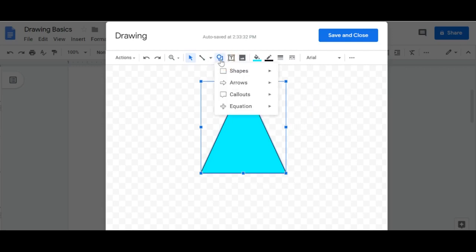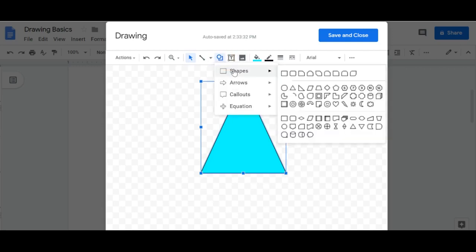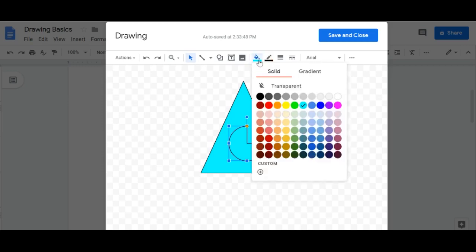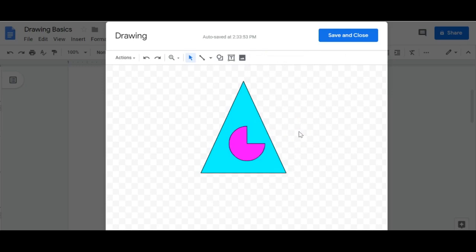And I'm going to select another shape, and let's make it the little Pac-Man symbol. I'm going to click and hold and put that little Pac-Man inside there. And I'm going to change that color to, let's make that lovely. And I did this because I want to show you that now that I have these two shapes, I can